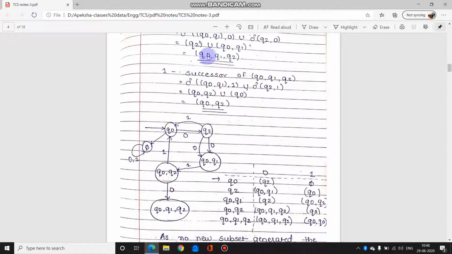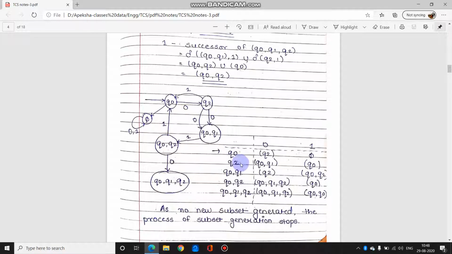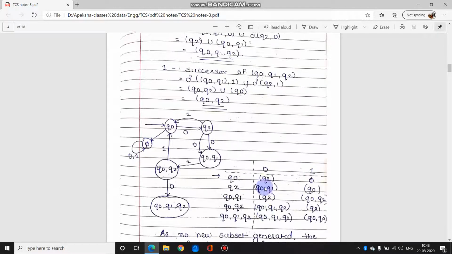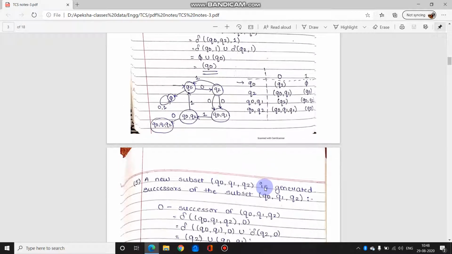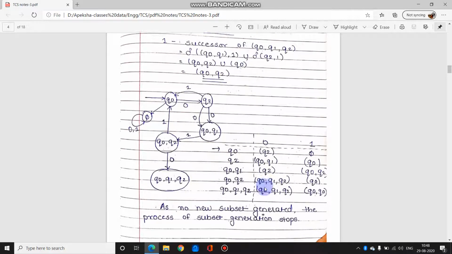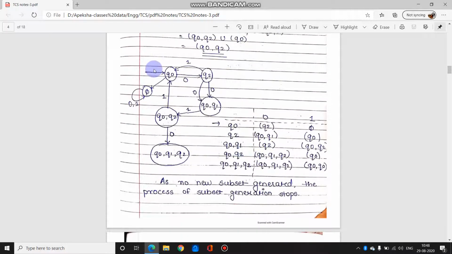So if you see, ये state already process हो चुका है. We have got it in a repeated manner. This is the new state what we explore. So next analysis will be done on this state because ये अभी तक explore नहीं हुआ है. तो ये रहे previous transition tables. Q0 से start किया था, then we got Q2, then we got Q0 Q1, then we got Q0 Q2, and then we got Q0 Q1 Q2. Sorry, my mistake again. Q0 Q2 has been explored already. So ये जो diagram है accordingly करना है. Q0 Q2 पे 0 आया तो this over this.